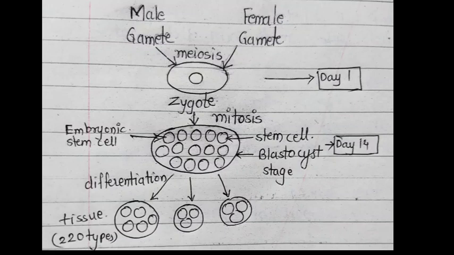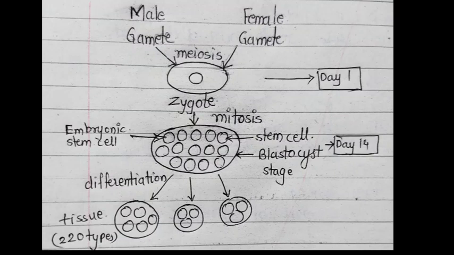Now we will learn about the embryonic stem cells. Here in this diagram you have just seen, male female gamete, then meiosis takes place, we get the zygote, then division of the zygote starts, and thereby it gets converted into an embryo. Now the cells of the embryo undergo mitotic division, and they form different stem cells. This process starts from day 1, it goes on till day 14. So one single cell gets converted into multiple cells. These cells are called embryonic stem cells.